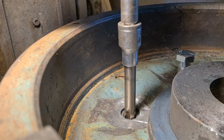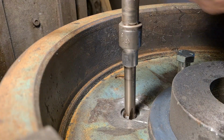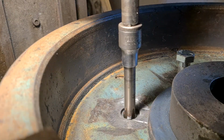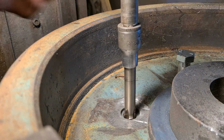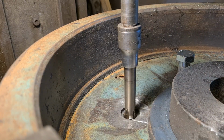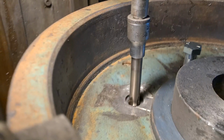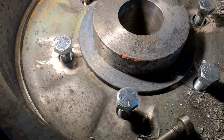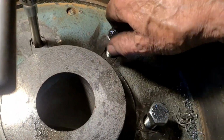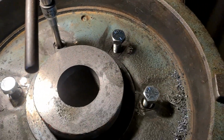When this gets into its full depth, it'll go a bit tight, so what I'll do is take this one out, put the intermediate in, go as far as I can with that, then put this one back in, and just keep going until we get to the bottom of the threads. No point in busting one off, and that'll be a good job done. And as you can see by the rest of it, look, all the bolts are in. Yeah, they're all in, and that's pretty much one hub done,